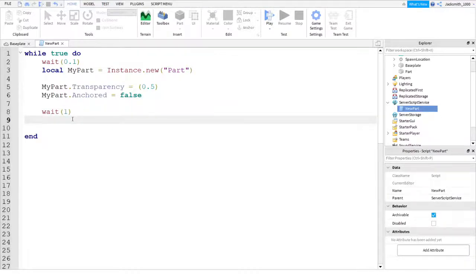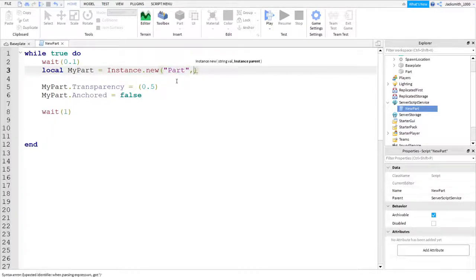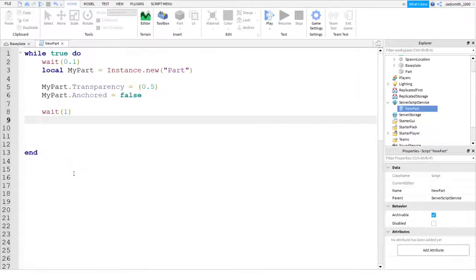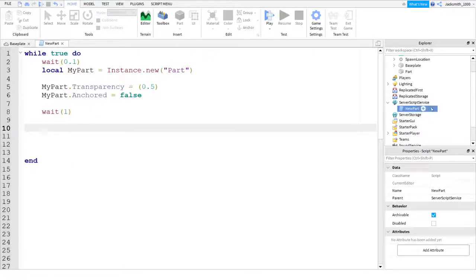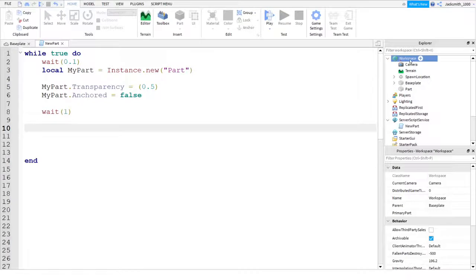So we want to tell the script where we want the parent, what we want the parent to be. And we used to write part and then, never mind. I'll explain that in another video. That's quite complicated. So now we want to tell the script where we want to put this. So now we want to find out that it's in Workspace. So we want to reference Workspace, just like we did last time, referencing. So we want to go my part. So we've referenced my part, which is what we've created up here. And now we've just gone dot